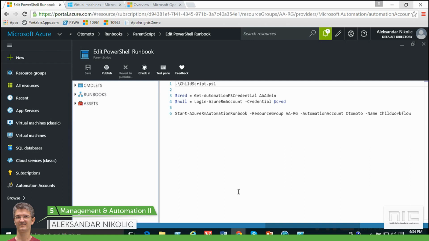How do you call another PowerShell script runbook? You need to use dot and a backslash, the name of the runbook, and add .ps1. This is the only way you can call your other PowerShell script runbook. Okay? If you want to call a PowerShell workflow runbook from a PowerShell script runbook, you cannot do that inline. You cannot just say the name of a runbook. You need to use